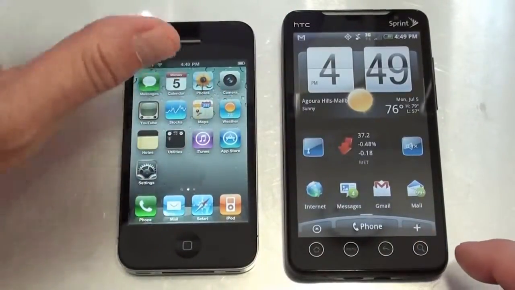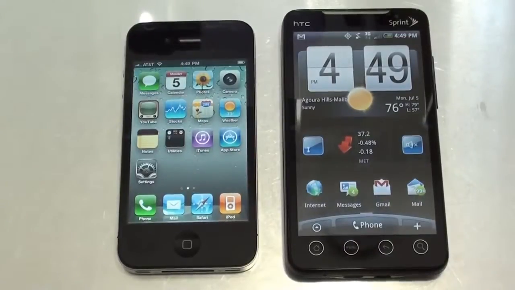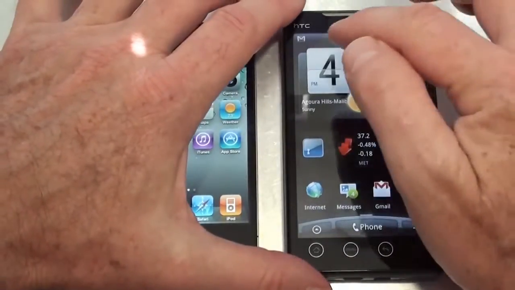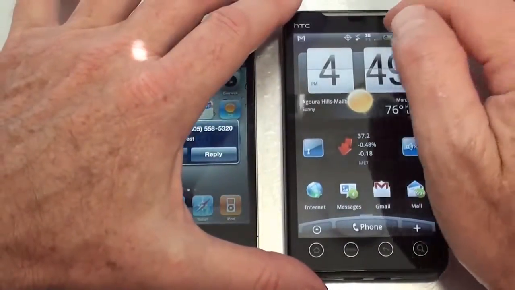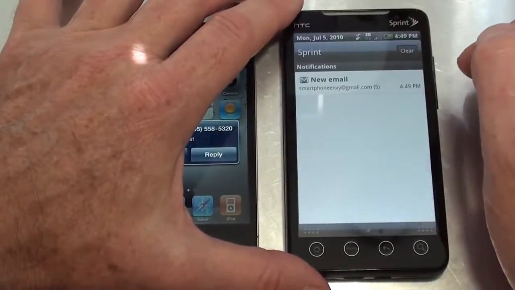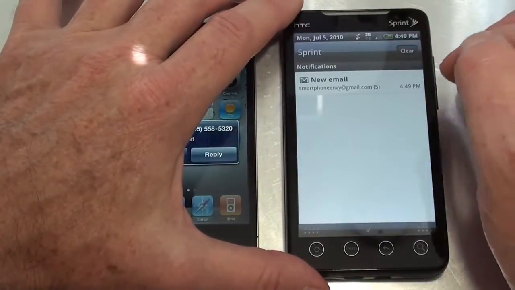Both of the phones have notification systems. Notification system on the iPhone 4 is a little bit different, so I want to show you how that works quickly. And I can go through the notification system on the EVO 4G first. Notice on the EVO 4G in the upper left-hand corner, I've got a little M, which means I have a Gmail unread. So I simply slide that down, and you can see I have 5 emails I haven't read